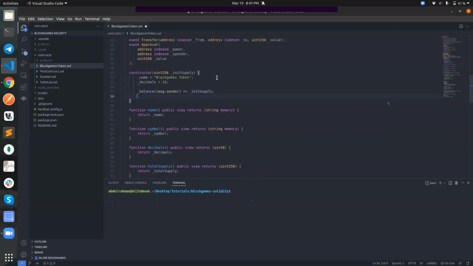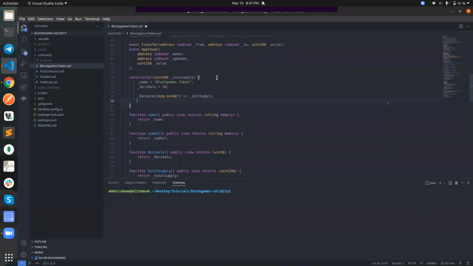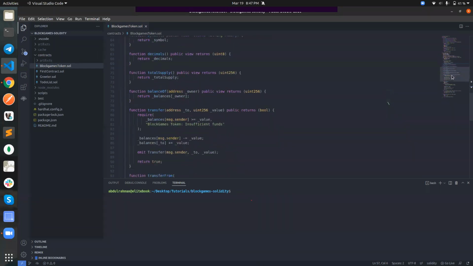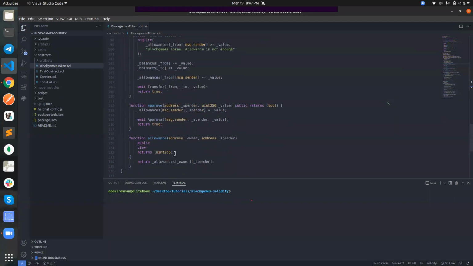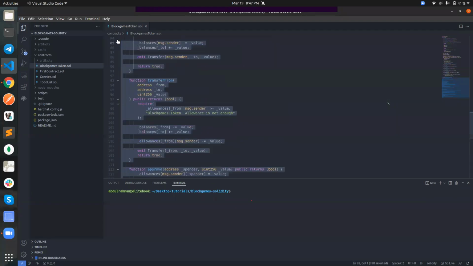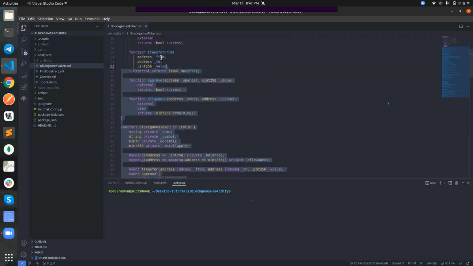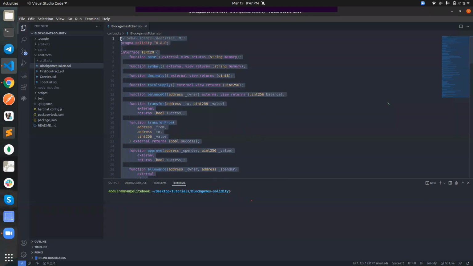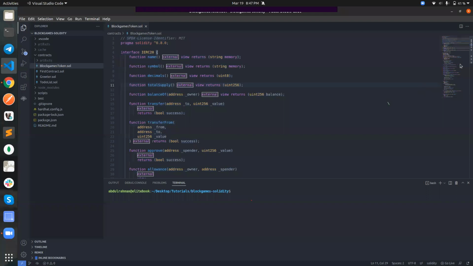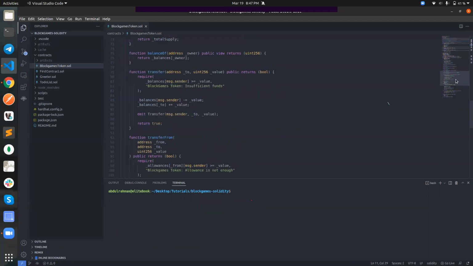So basically, I'm also going to be updating the total supply by saying total supply plus equals to the init supply. That's going to be the total supply at the beginning. So you can keep minting and do stuff like that. So I'm going to be creating additional functions. Since our smart contract has the basic functions of an ERC20 smart contract, you can import it in MetaMask or anywhere, and it's going to work like a normal token. And I'm still going to be doing that too, actually. So I'm going to create some additional